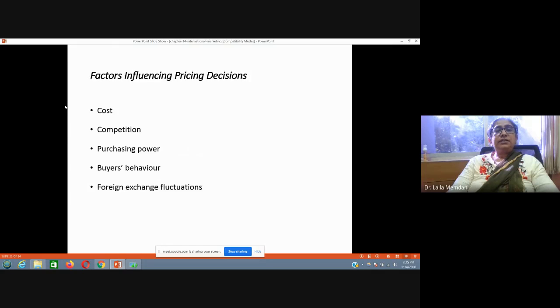And then there are factors influencing pricing decisions: cost, competition, purchasing power, buyers' behavior. These first four are the same for domestic marketing also, and the last one is an addition for international marketing, that is foreign exchange fluctuations. Foreign exchange fluctuations matter in international marketing because, let us say, for your product you are quoting the price as